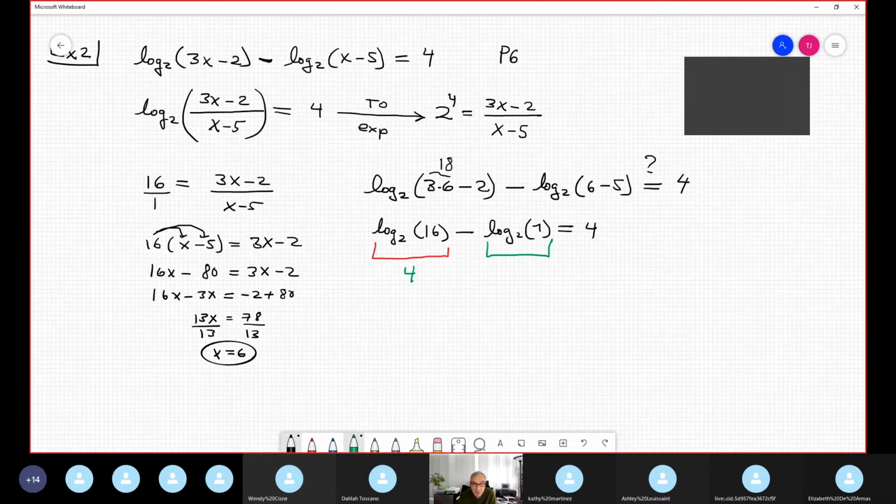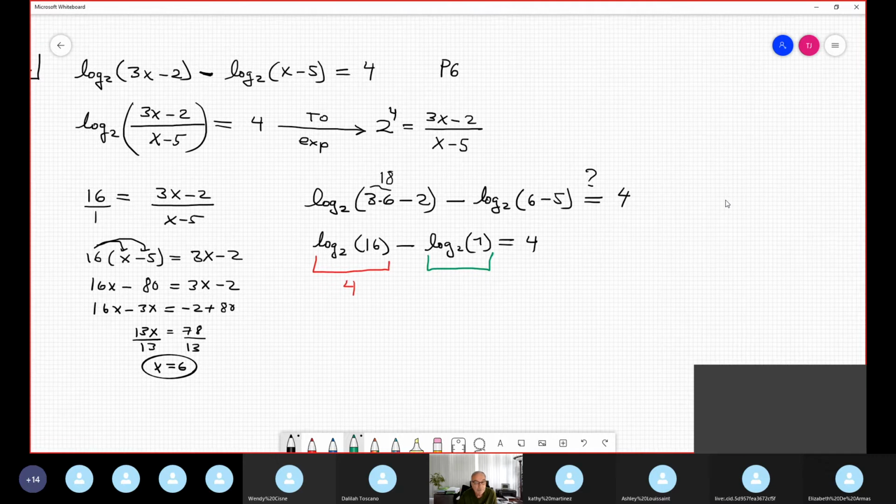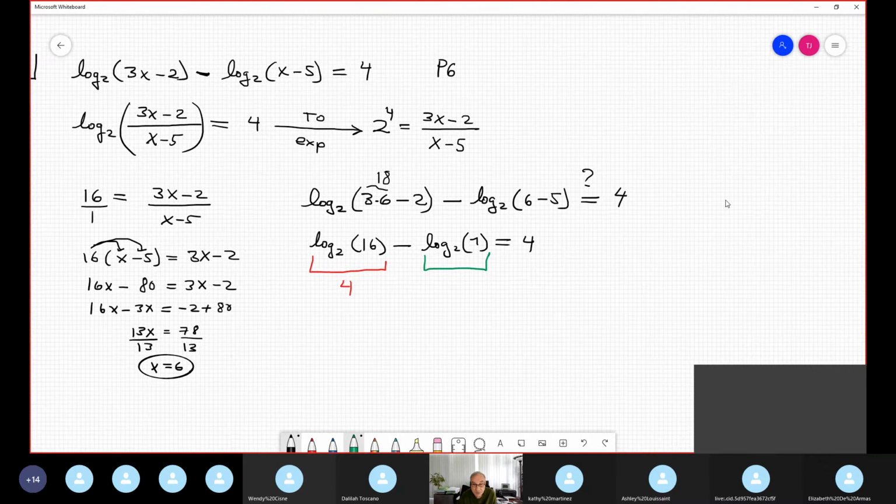And the green one is 0. It's 0 because you have to remember